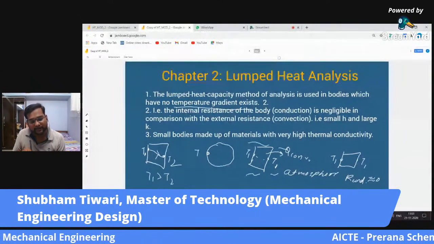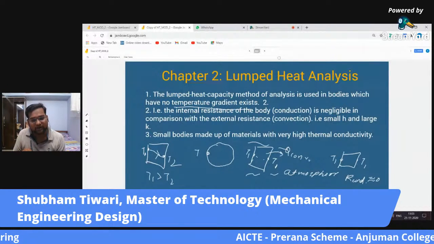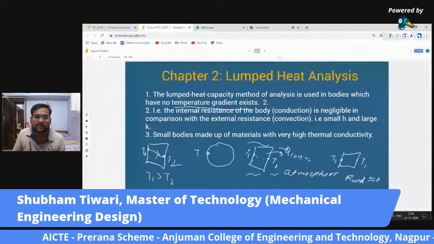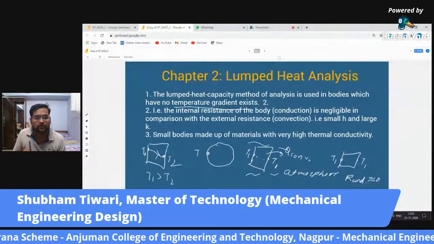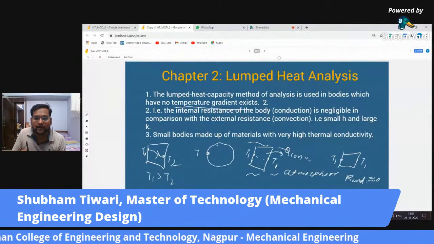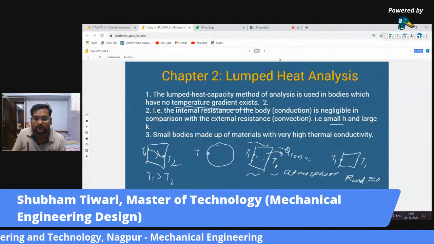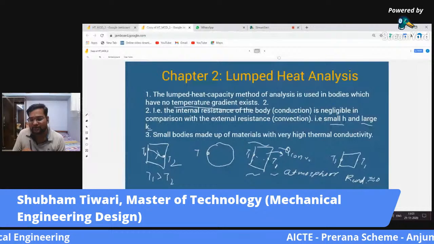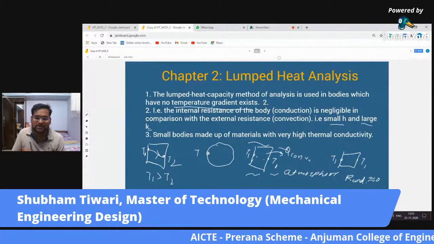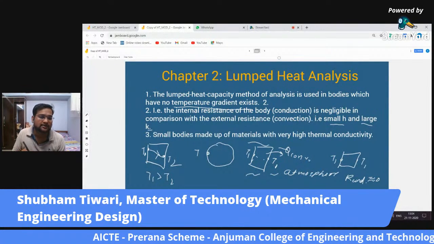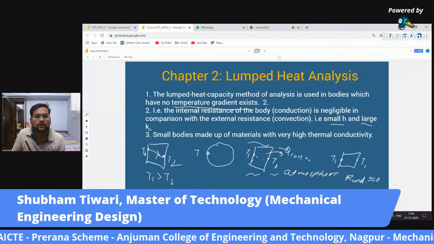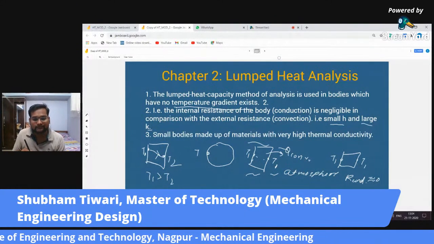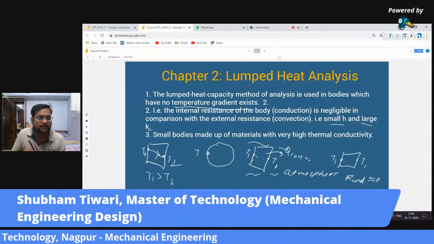So all the heat transfer that will take place will occur on behalf of the conduction. So the external convective resistance will be present there. We can summarize that the value of h will be small and the value of thermal conductivity k will be very much larger. So in this case, we can apply the lumped heat analysis. Now, how can we achieve this in practicality? For practical purposes, we need